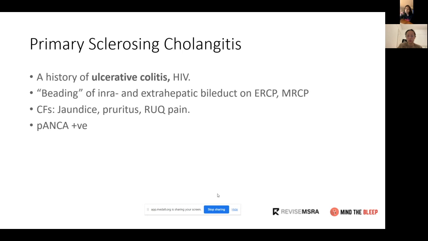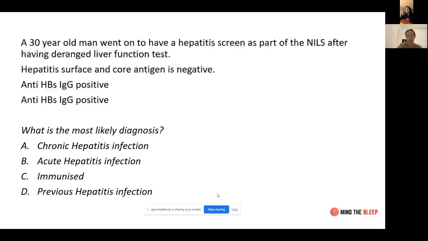So yeah, they would have PNCA positive. Okay, so try this question and then I'll explain the hepatitis bloods. So the answer is previous hepatitis infection. I'll explain how to interpret it, then we can go through a few other questions and it will probably make